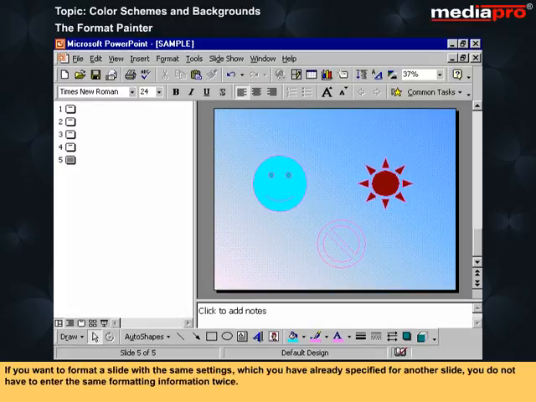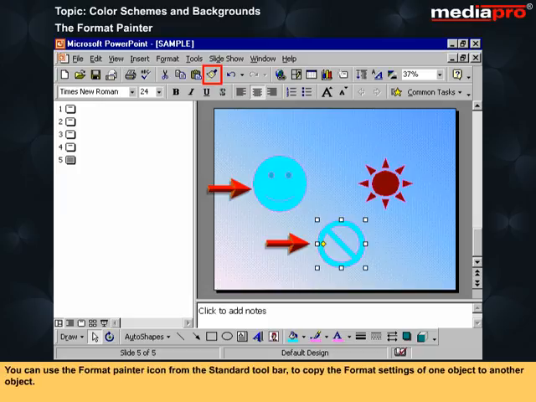If you want to format a slide with the same settings, which you have already specified for another slide, you do not have to enter the same formatting information twice. You can use the Format Painter icon from the standard toolbar to copy the format settings of one object to another object. Thus, the simplest way to apply an existing color scheme to another slide or presentation is to use